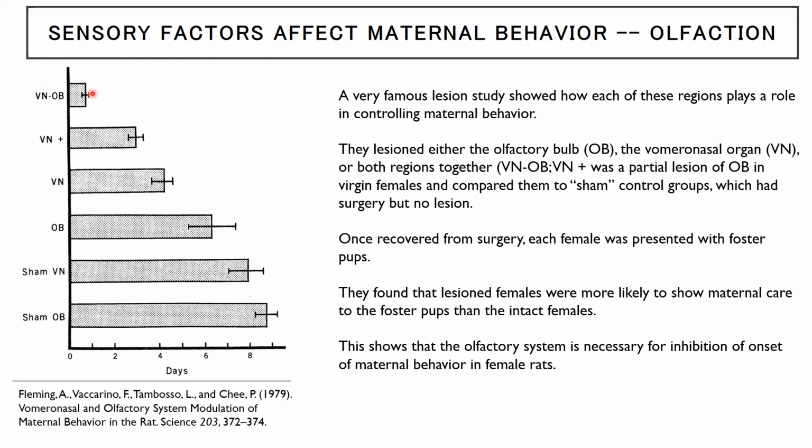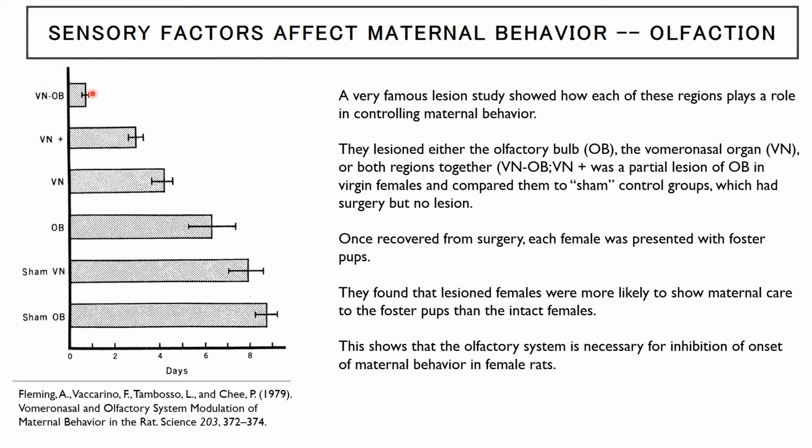So, and this makes sense. These mothers, they're not mothers. These are nulliparous females. They do not want to be raising pups that are not theirs. They have not undergone a pregnancy. They have not been primed to think, oh, I should take care of babies. And rats are relatively social creatures. If you are a female who has never been pregnant or given birth to babies, there's no point in you taking care of someone else's babies. So this mechanism of smell and smell recognition is one way of ensuring that a nulliparous female isn't being tricked into taking care of infants that are not theirs.